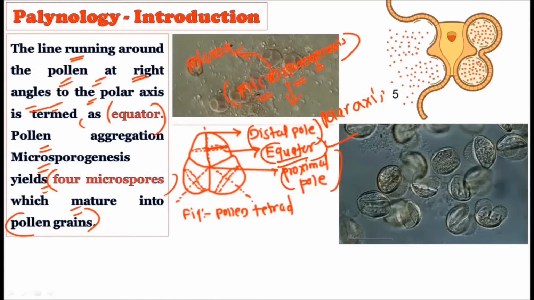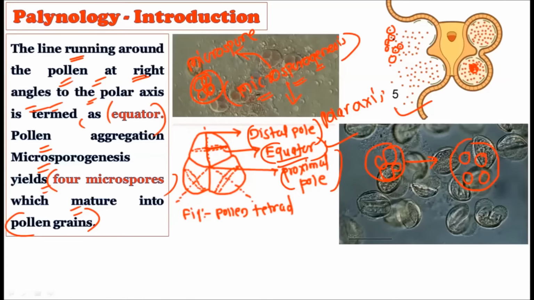Earlier, in the developmental stages, these microspores form the tetrad, and this tetrad separates when the pollen grains mature. For example, the earlier immature pollen grains look like this, with the tetrad there, and after maturation the pollen tetrad separates and four individual pollen grains are created. As you can see in this picture, the immature pollen grains form a tetrad, but once they mature they separate from one another and are liberated independently.